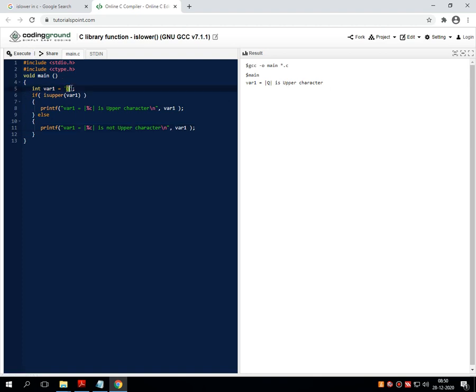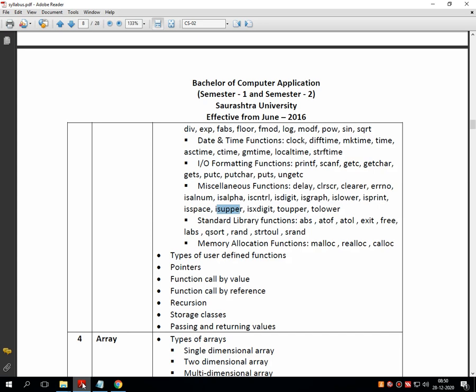Now I am changing this capital Q into small q and re-executing the code. It returns, q is not in uppercase. So this program works properly also. Write down the definition: write a program to check whether the character is in uppercase or not using the function called isUpper.